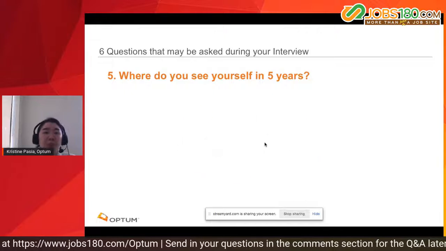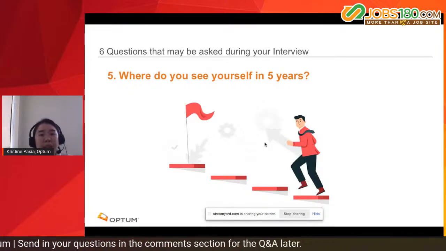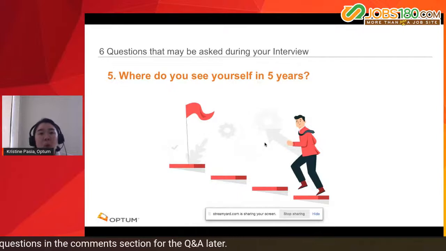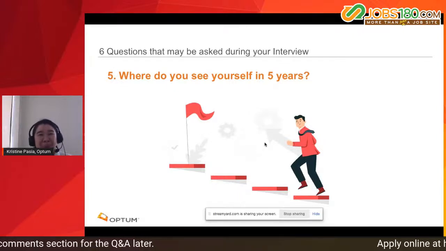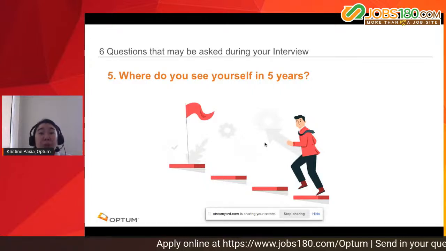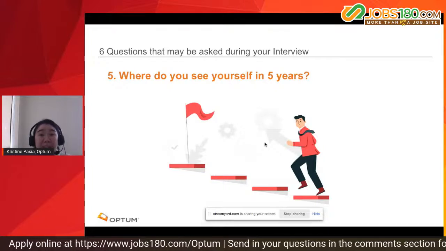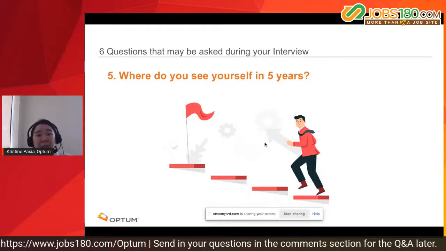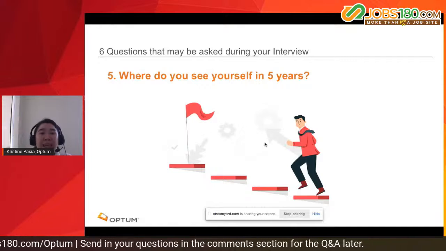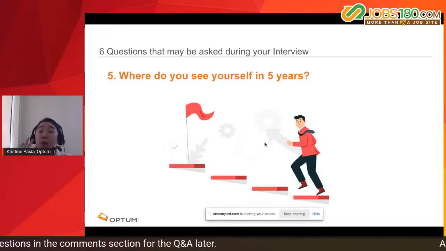Now, number five is, where do you see yourself in 5 years? The company or the recruiter will ask you this question because they want to see how well you are goal oriented. Okay. So it's very important to understand that these companies or recruiters would like to hire you because they want to see if you really see yourself grow within their company, right? So it's very important to answer this question by seeing yourself already in a 5 year or 3 year plan